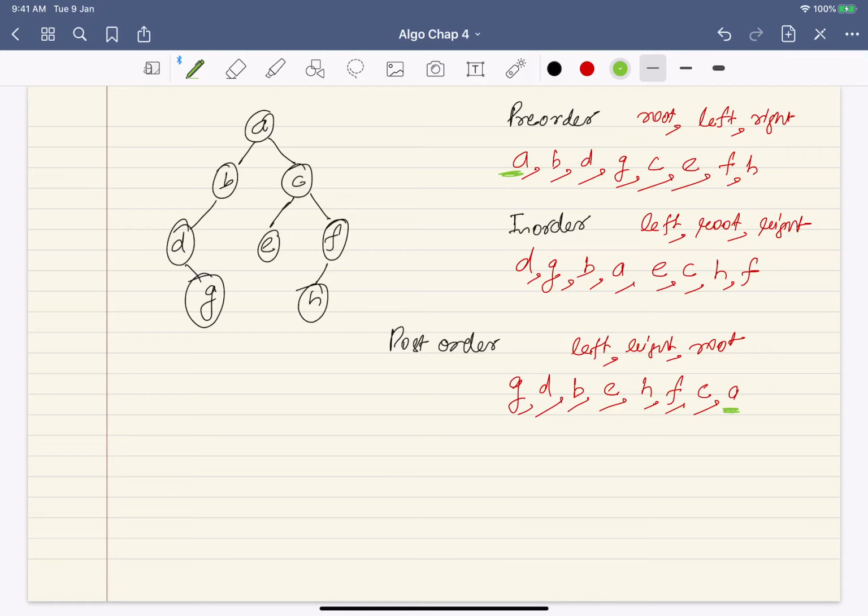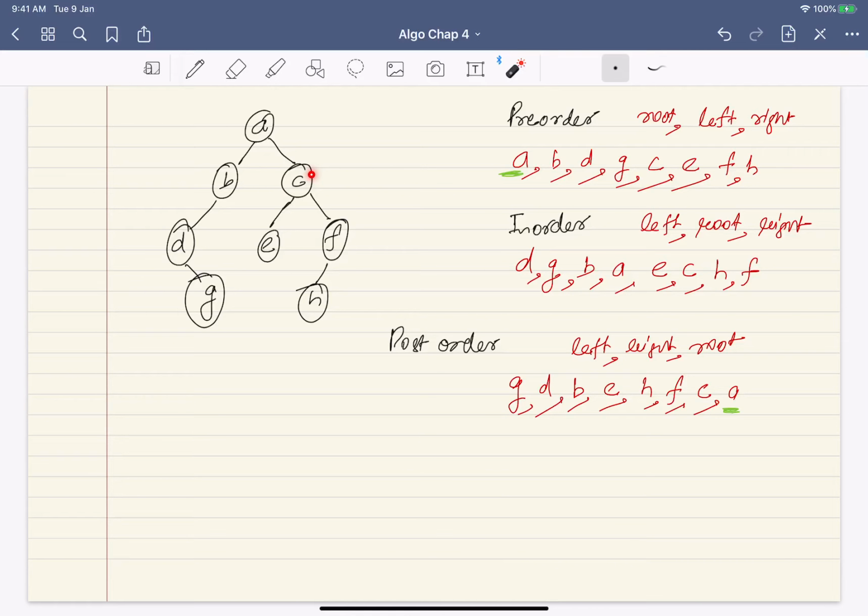Now, how do you actually do traversals? How do you actually write a code for that? And we will try to do some pseudocode. But before even going to the code for traversal, how would you store a node? How would you store a node X? So what do you need? So suppose this is your node. What information do you need about this node?